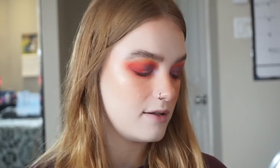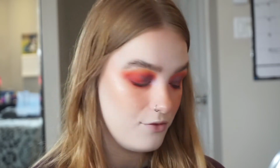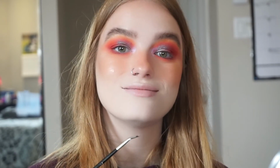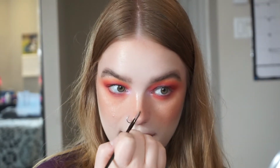I know fake freckles are very controversial, but I absolutely love them. I think they're cute. Obviously, they don't look necessarily natural. However, I'm alright with that because there's nothing about my actual makeup that in any way looks natural, so it's alright. Just to go all out on the orange, I'm going to take the ColourPop Creme Gel